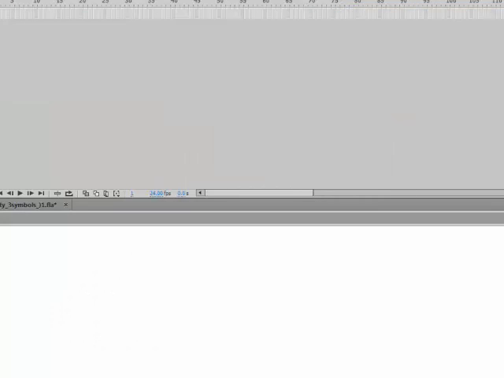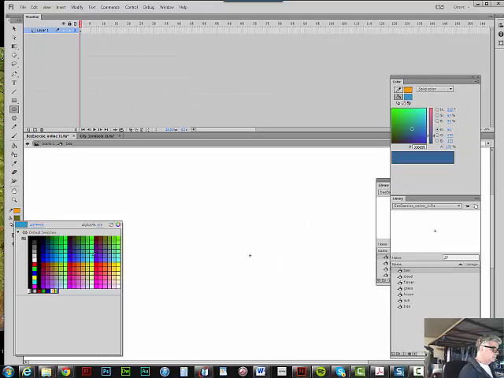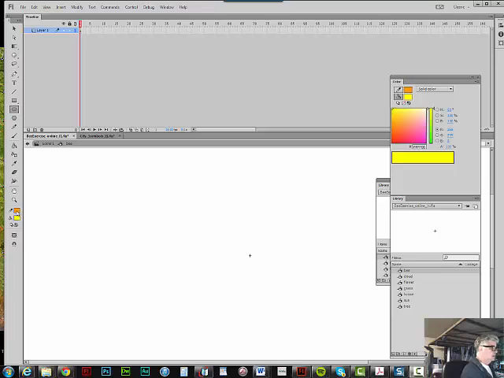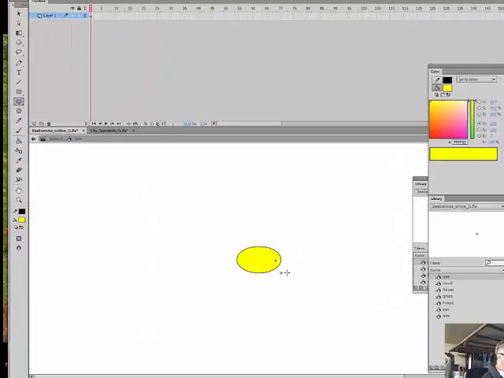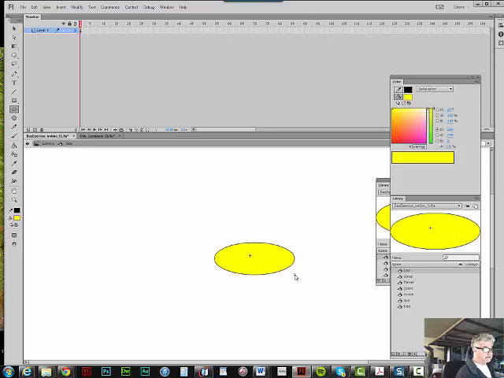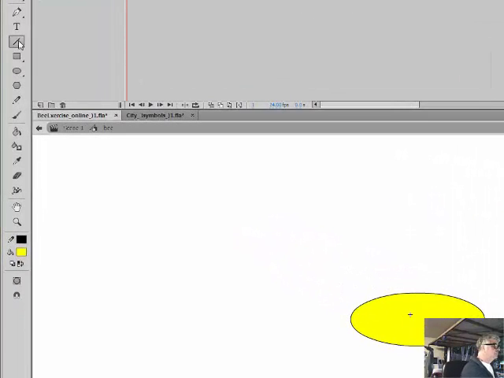And I'm going to take this oval tool and I'm going to do bright yellow and a black line, and I'm going to make the body of a bee. I'm going to stretch it out. Okay, we're going to do this sort of a cartoony black and white bee. And I'm going to take my line tool, which we haven't used, and I have a black line for it. And in my properties box,